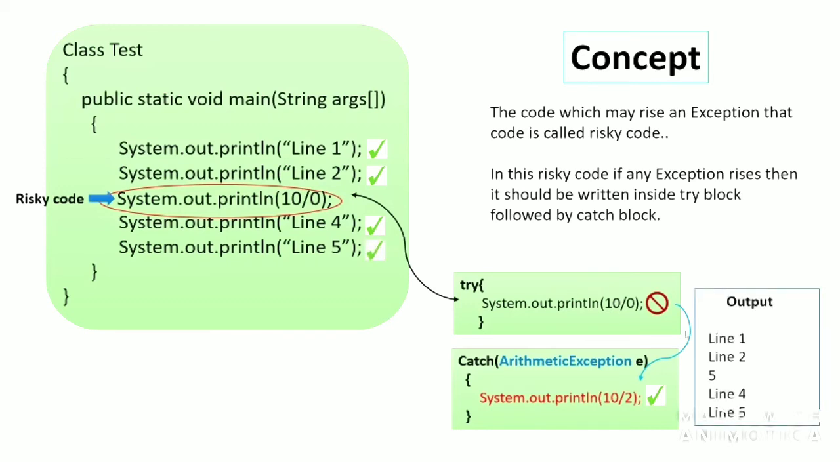So what is the output we are going to get? Line 1 will be executed, line 2 will be executed, and the code we have written inside the try block raises an exception, so the alternative code will be executed, that is System.out.println 10 division by 2, which results in 5. Then line 4 will be executed and line 5 will be executed. So our problem has been solved. We have handled the exception. So let's